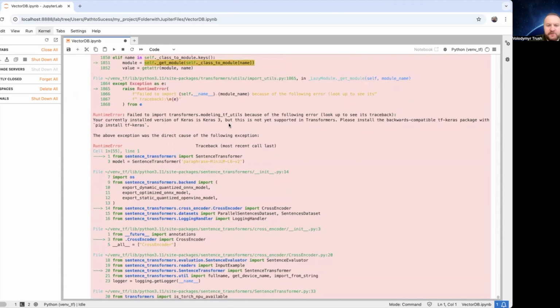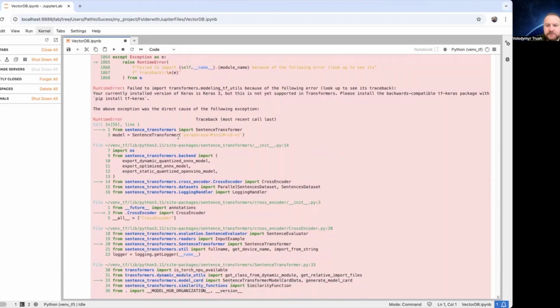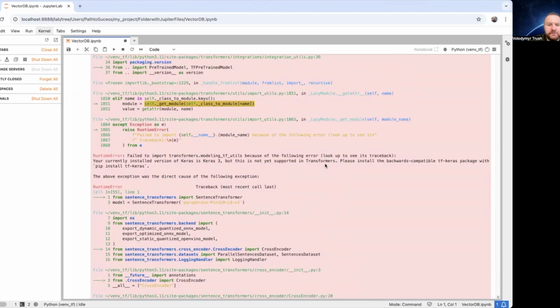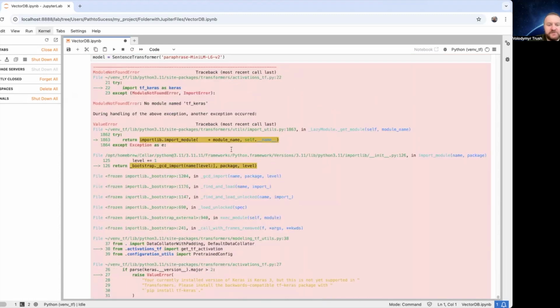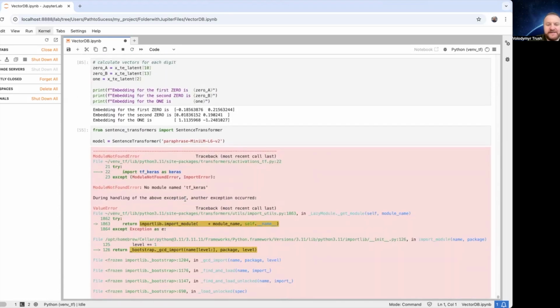Failed to import transformers model because of the following error. Okay, traceback, fine, that's okay. TF Keras, I do have a TF Keras package. Backward compatibility. Okay, so what I need to do to see the same vector representation, not only for digits, but I want to play with the text and show you guys,